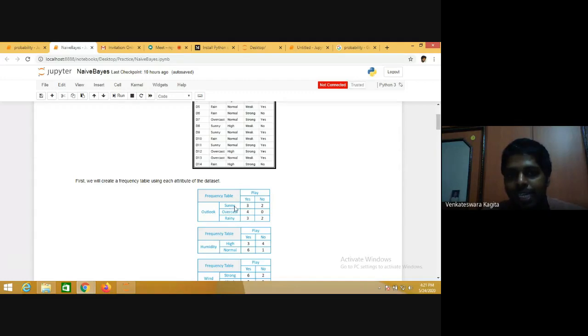For outlook equal to sunny and play equal to yes, there are three instances out of all the 14 instances. For outlook equal to sunny and play equal to no, there are two instances, and so on. So there are a total of 14 instances distributed among these different values of this attribute.